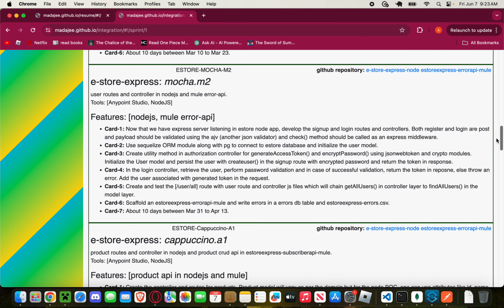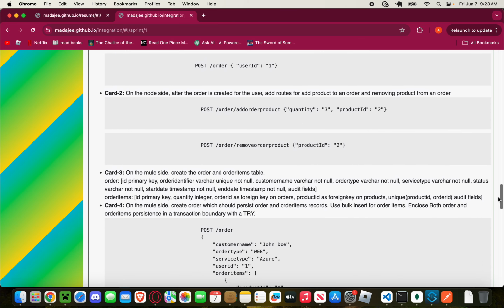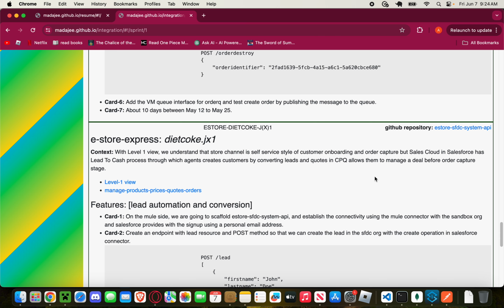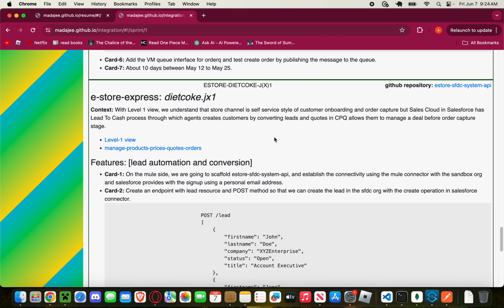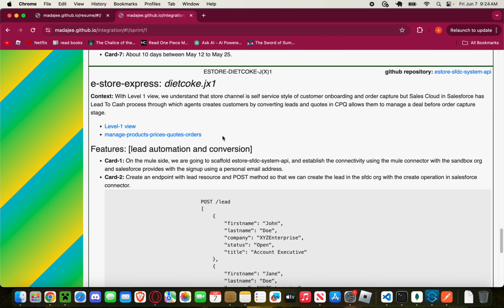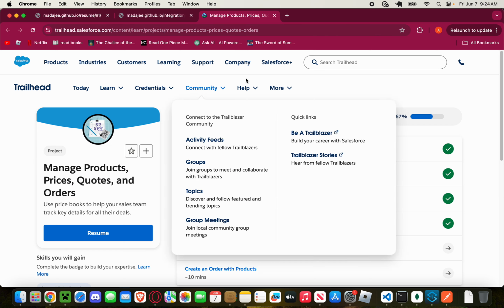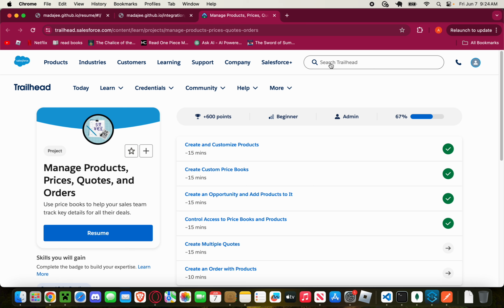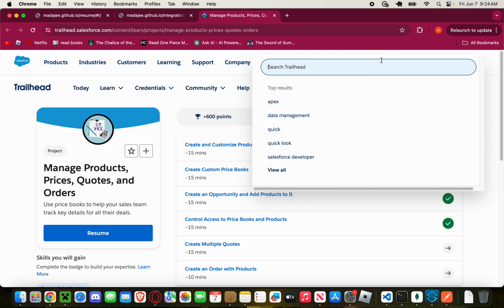and I am currently in this diet coke sprint, and that's where I started on a lead to cache, learning a bit, and this is the trail project. But before we go there, we need to understand a little bit about the lead. And if I search on that,